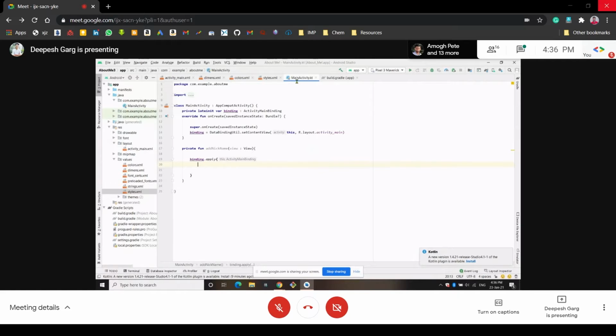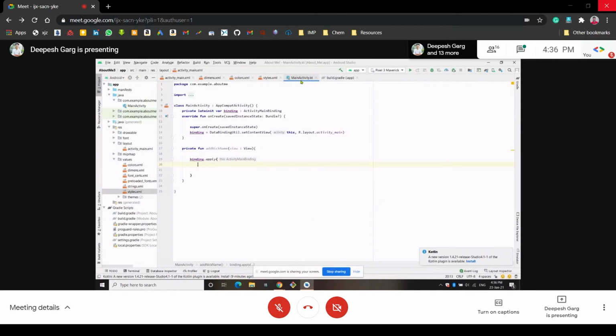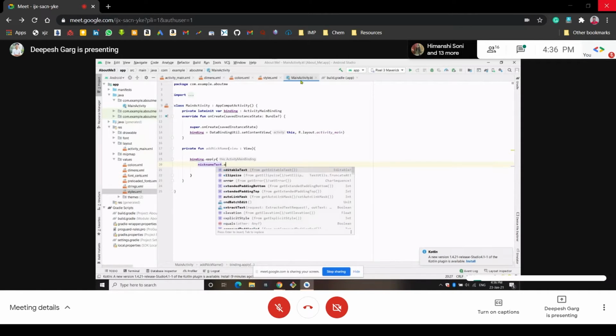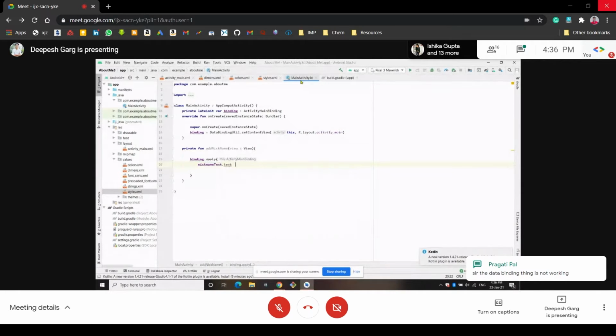So how we will do it is, first of all, we will write this text. What is its name? Its name is nickname text. We'll write this here, nickname text. We want its text to be equal to the text written in the editable text, so we will find its text. So this dot text. Its text is now accessible.